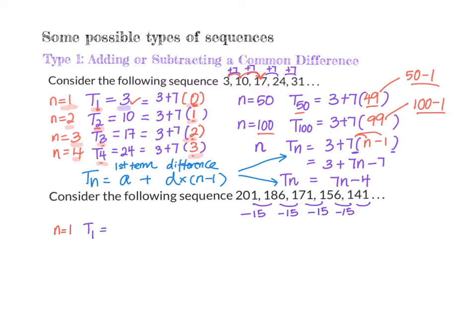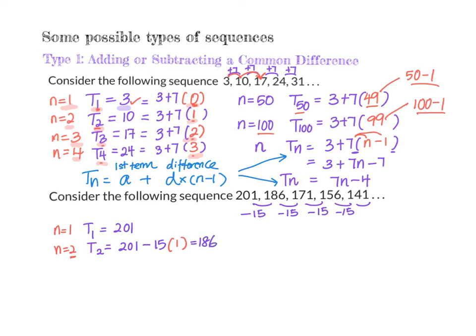The number was 201. When n equals 2, that's term 2. I started with 201 and I subtract 15 n minus 1 times, which is from 2, you drop to 1. And that gives me the number